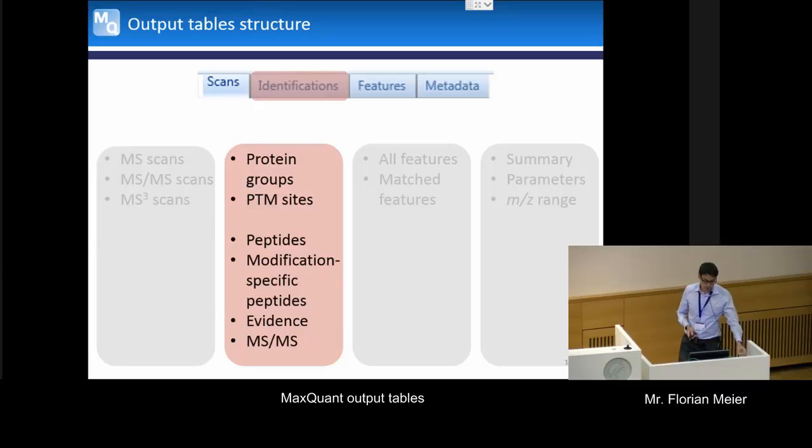So now we will leave the protein level and go one step down, which is the peptide level. So very similar structure, so that we also have all the information about the identified peptides. We have all the identifications of the modified peptides. We have those features that were identified as one peptide, and all of those features, they're the evidences. And then we have the MS scans